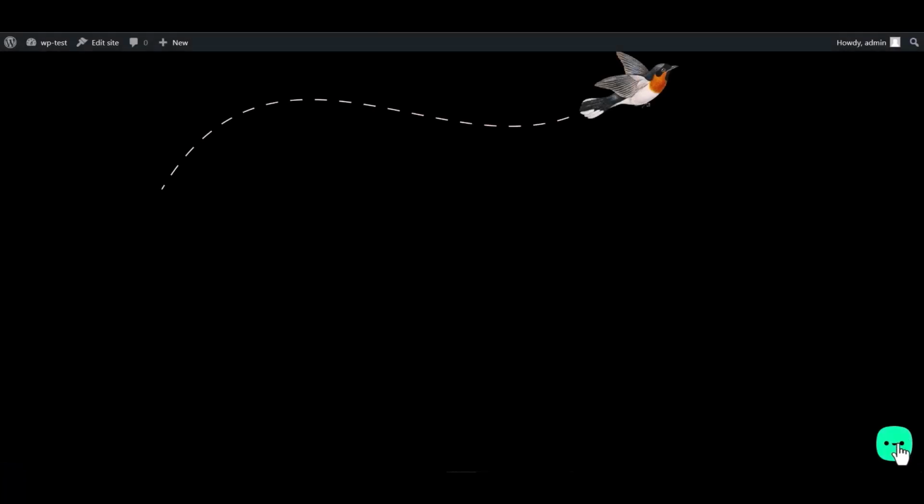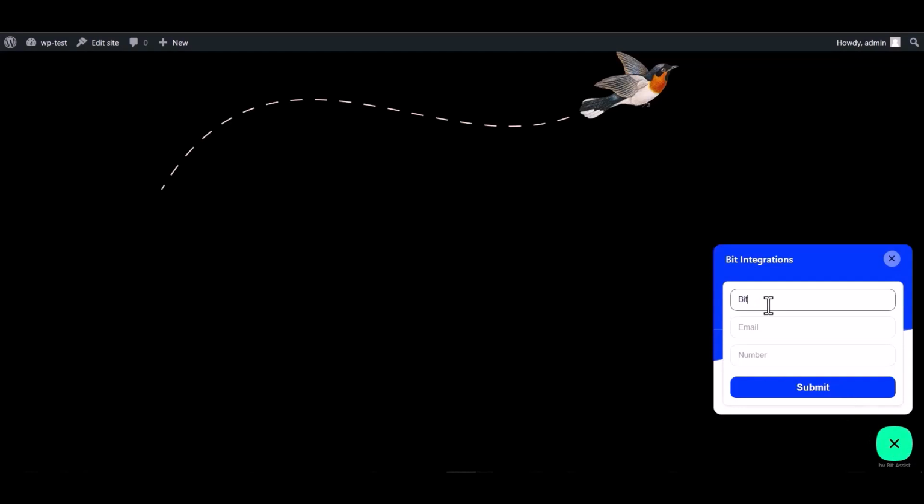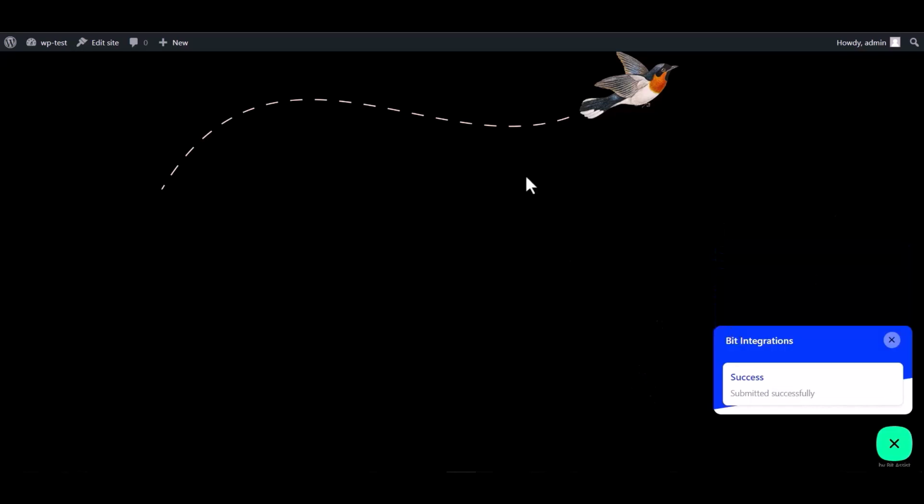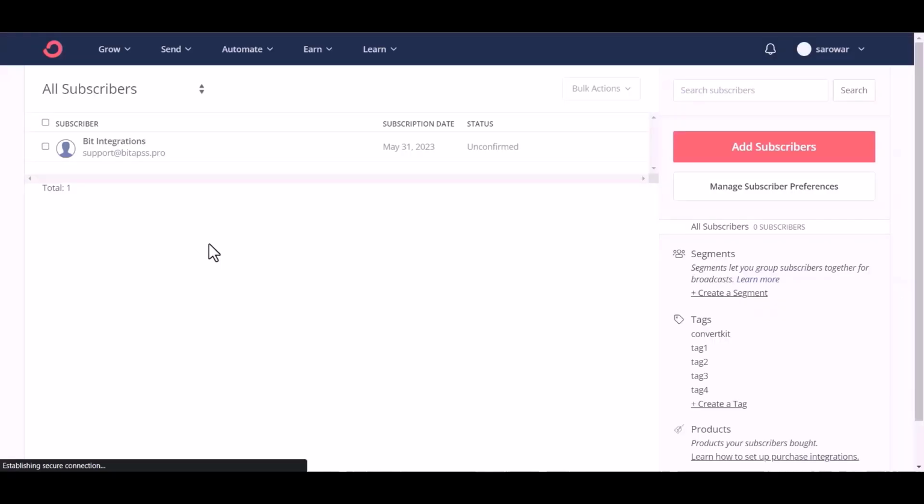Go to the WordPress page and fill in the form. Submit it. Form submitted successfully. Now go to ConvertKit site. And you can see the data came successfully in the